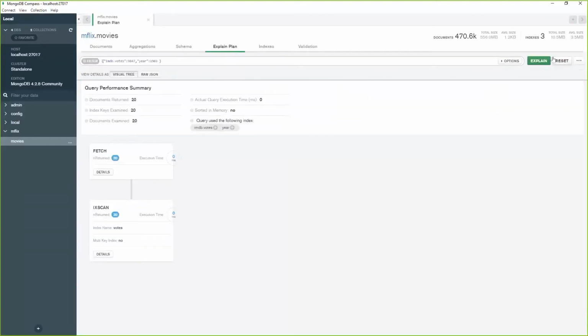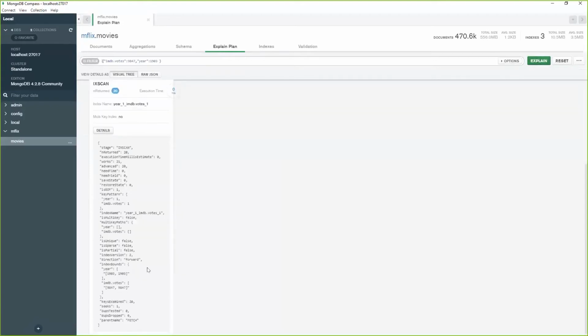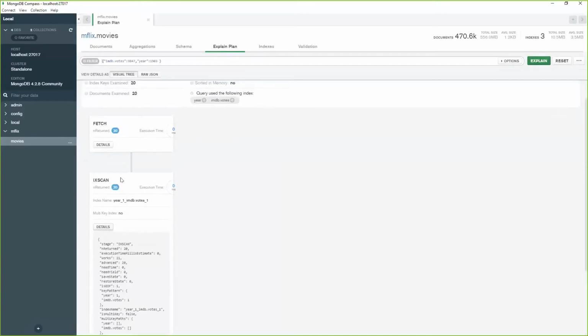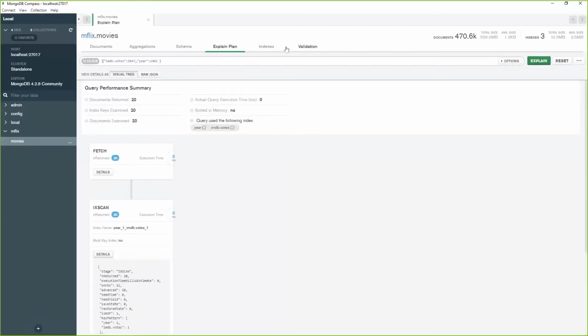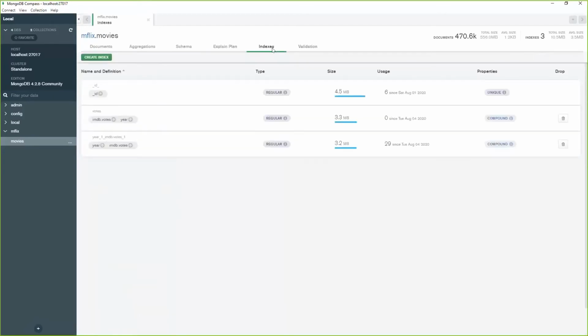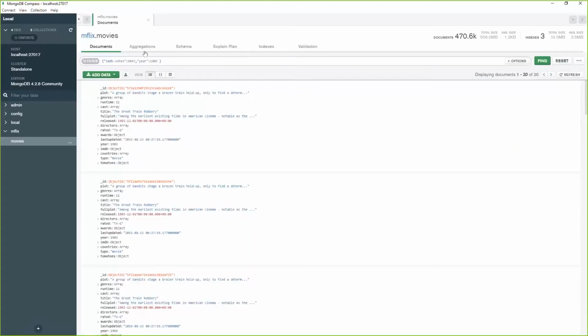Well, this can be any reason, but as you can see right now, this query is using year and votes, and that's what it's going to continue using. It finds it more efficient. It was created before, so yep, see, MongoDB continues to use it. Now, so far everything is good. Now my question to you is, if this is a good index for the query which has votes and year,